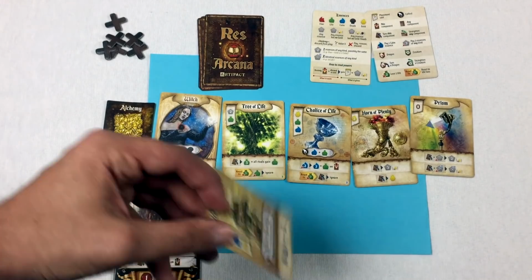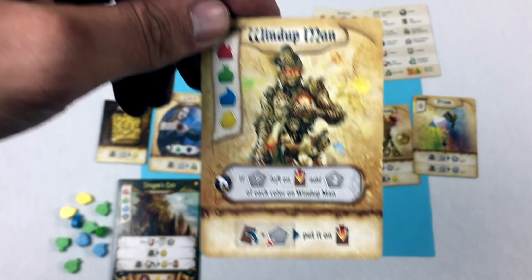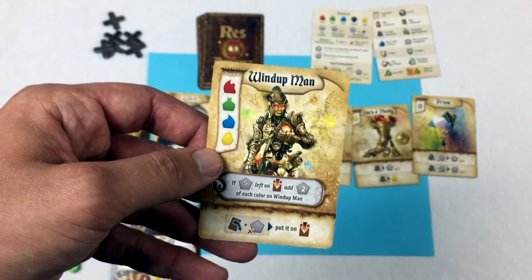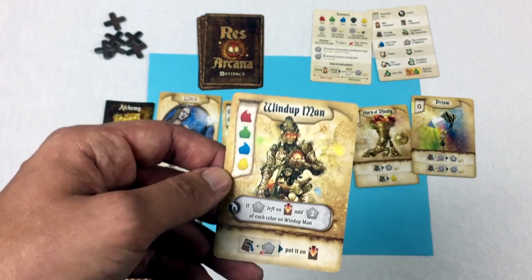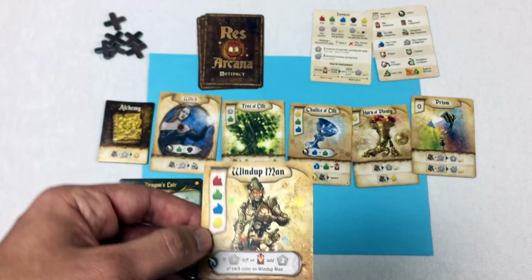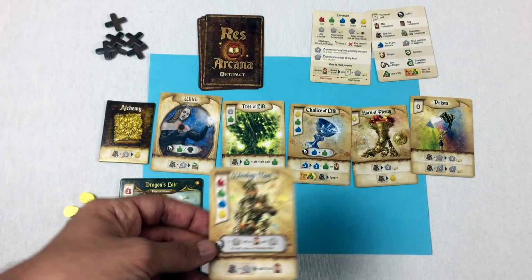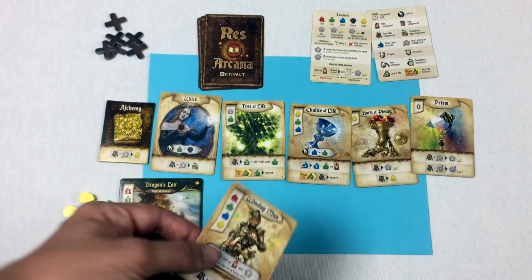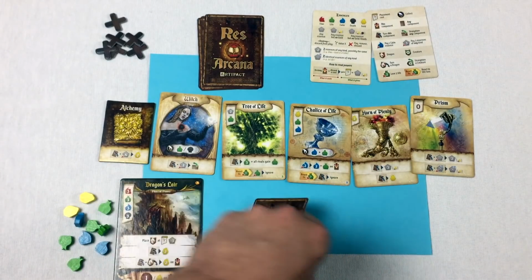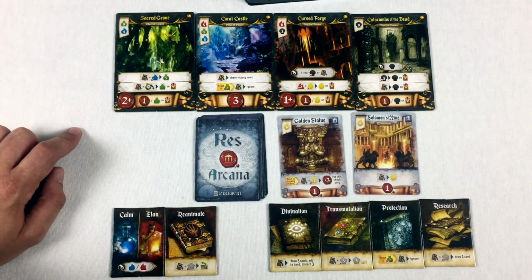So for the blue player, what does this card even do? Oh, this is the wind-up man. So this card is good, but specifically it's good if you have him at the beginning of the game. The later on you get him played, it's not as powerful, but it's not a bad one either. Okay, let me think about that. But I think specifically, if I could get...